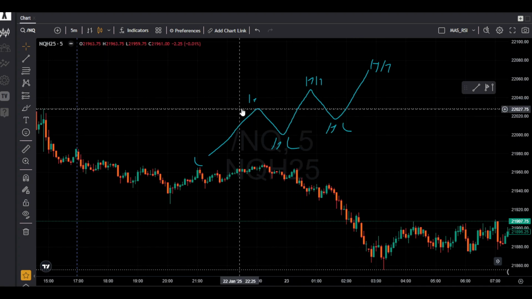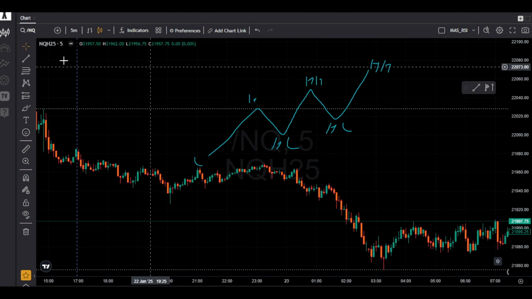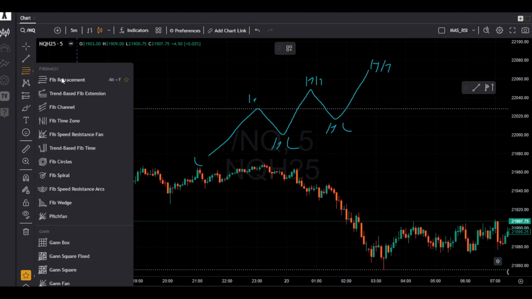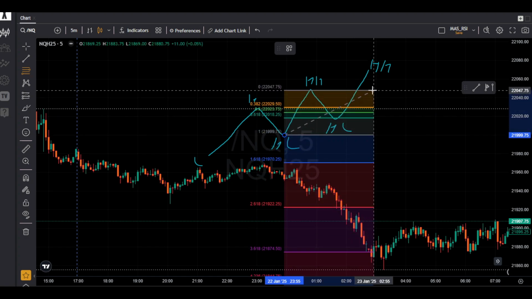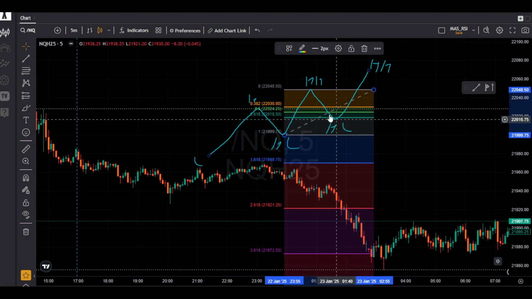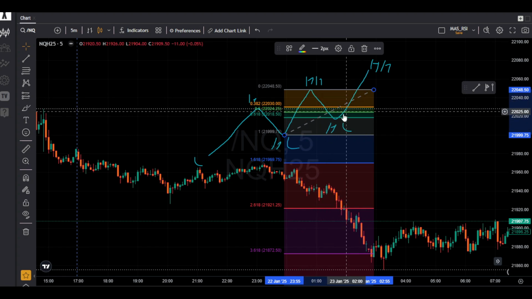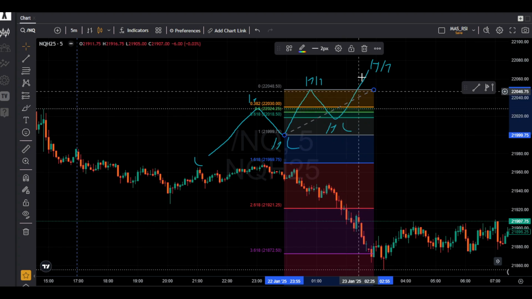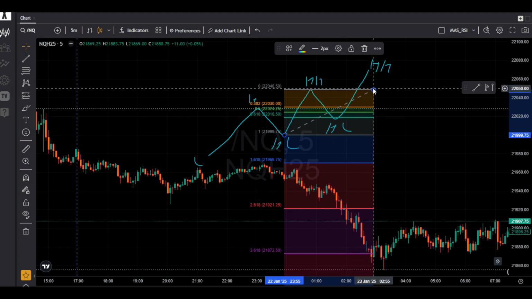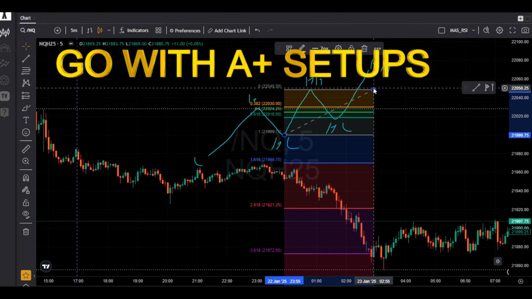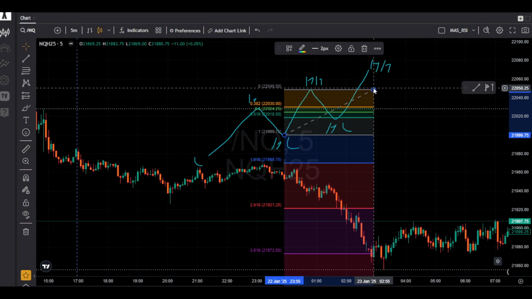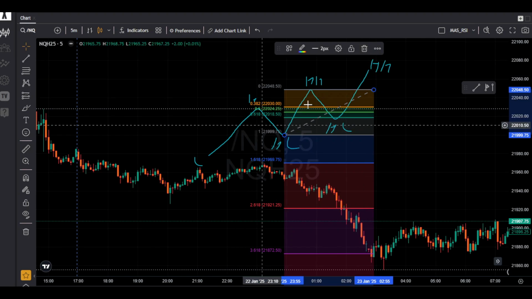We did see price break this high and make another higher high. So we'll again use our Fib tool when the price is retracing back to this area, and look for another zone over here. Price is below the 0.618 level. We may see a bullish engulfing candle or something like that, and then take another trade. Again, there's nothing 100%, so you just have to choose the best setups. Trades will definitely fail sometimes even if everything is perfect. So this is the buy setup that we looked at.